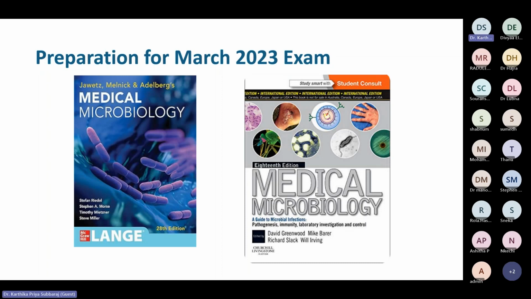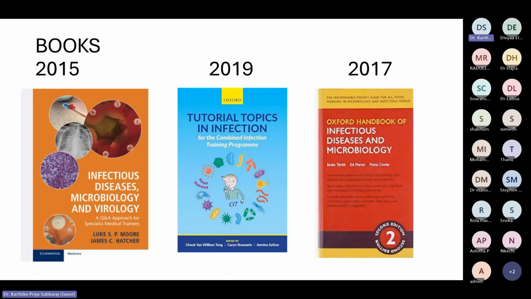I applied for the exam in December, and then, like any other microbiologist from India, I started with books. So I started with the Jawetz and basic Greenwood kind of microbiology book. By November, when I started planning to give part one, I started getting materials for part one at that time.